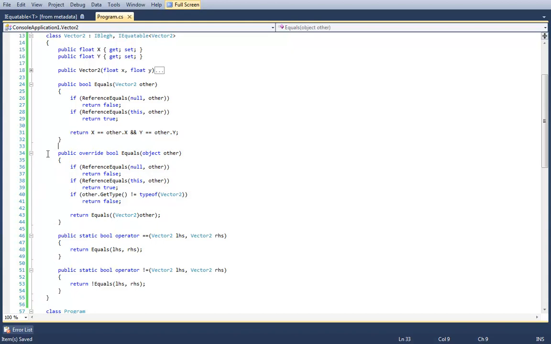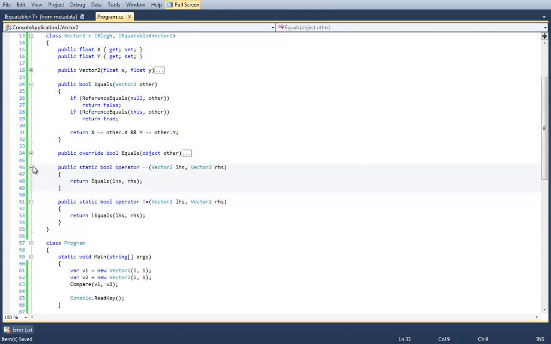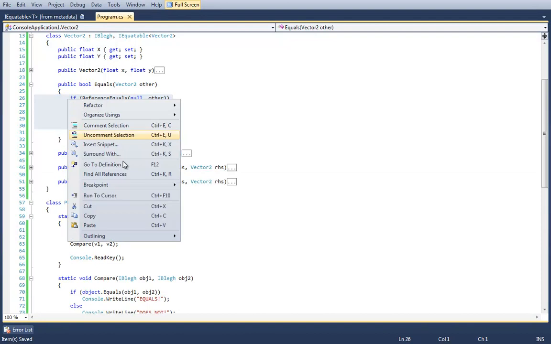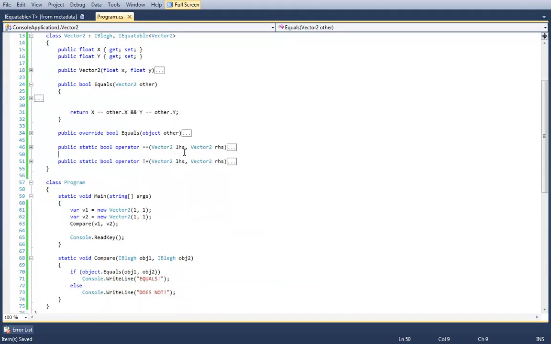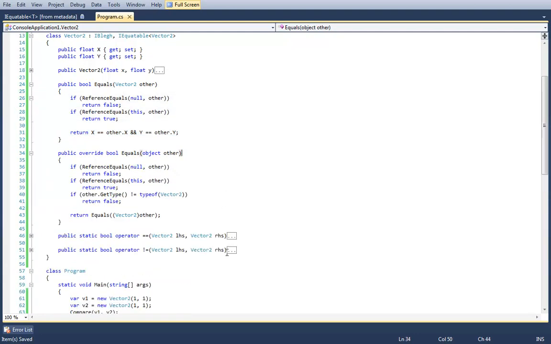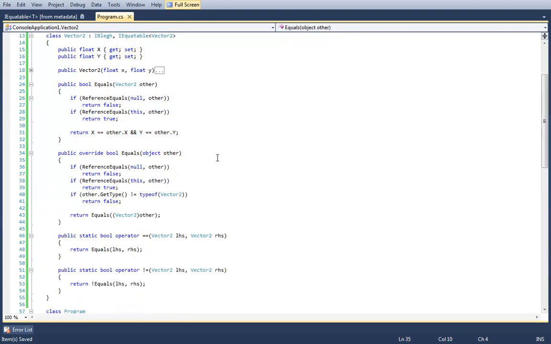Remember, all of these other methods are just cruft. In fact, everything but this is cruft. This is the only important aspect. It comes down to if you can conceptualize what makes your particular object that you've made equal, what it actually means for these two things to be equal.